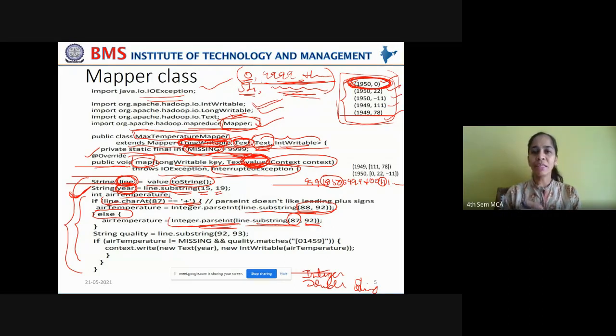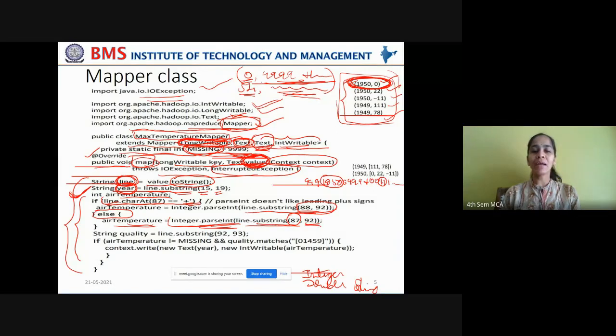Now we are using Integer.parseInt in order to convert the string value of the captured temperature into a numerical value, and that you are assigning to a temperature. Now, what do you have in the temperature? Integer values that are captured in that particular year. Fine. Now you have the year with you, you have the temperature also.